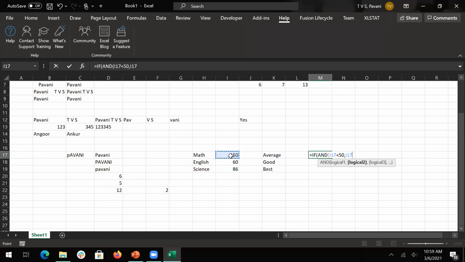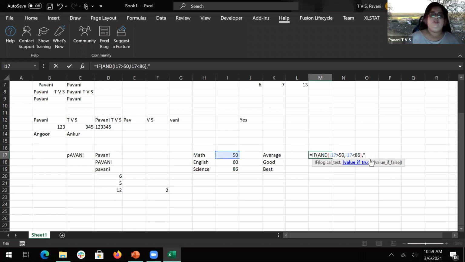So it is greater than 50 and less than 86. Okay, less than 86. Okay, greater than 50. Okay, so that time I'll say it's good, or else this is bad. So what would be the first condition? Sorry, what would be the result of the math 50? Will it give me a good or a bad?